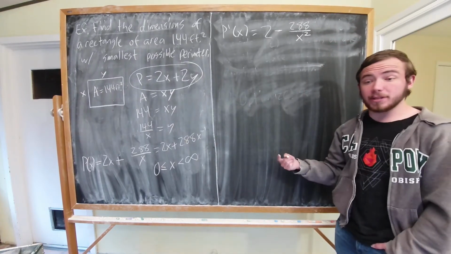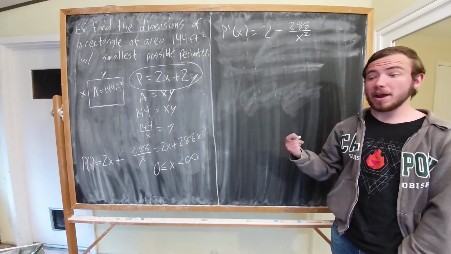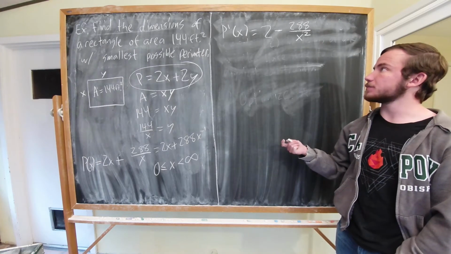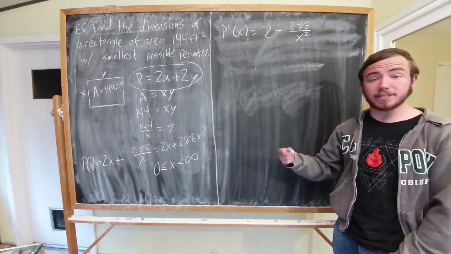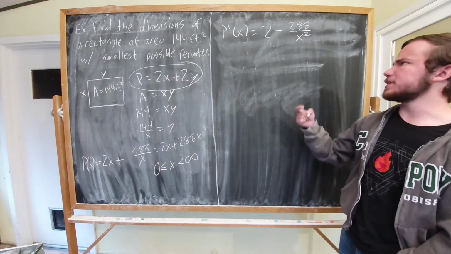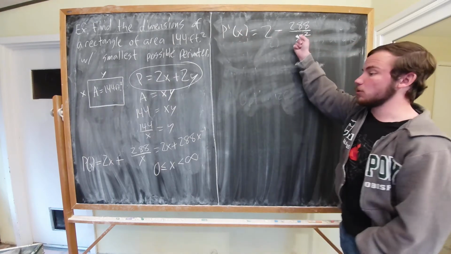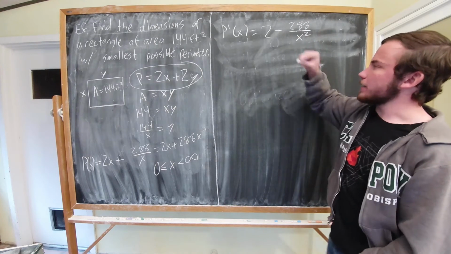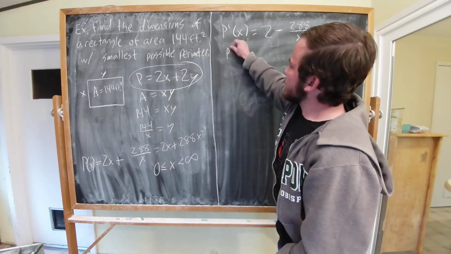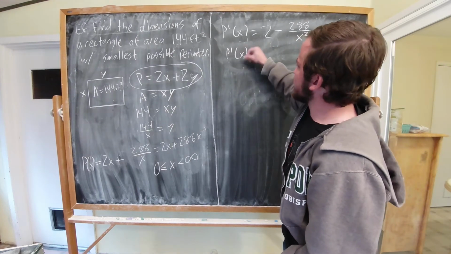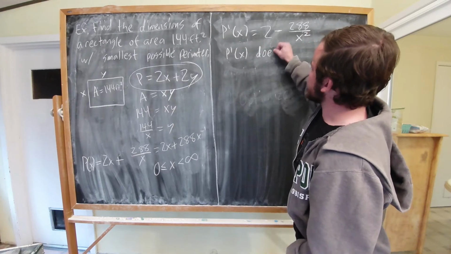To find points that are candidates for optimization, we say, okay, where does this derivative not exist or equal 0? Okay, well, p prime of x does not exist